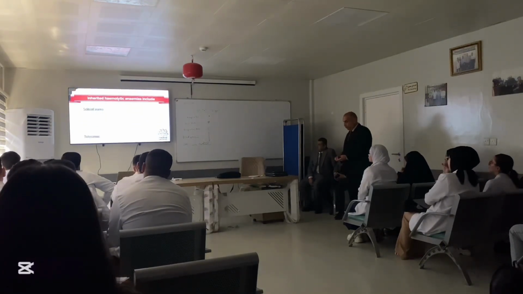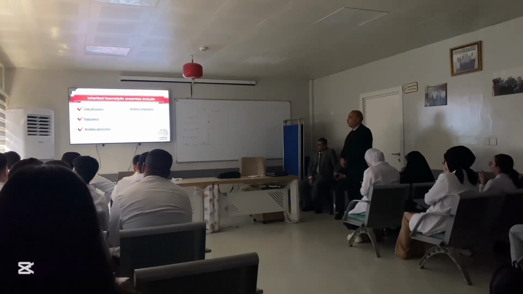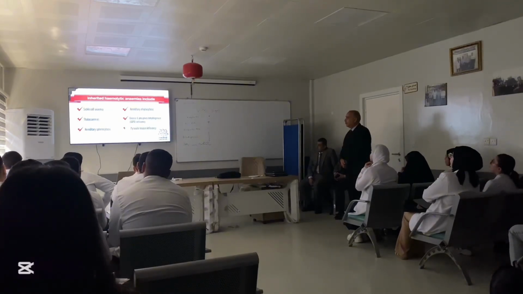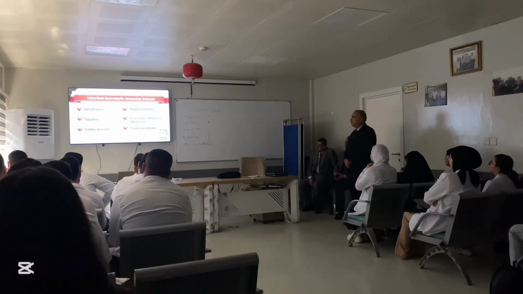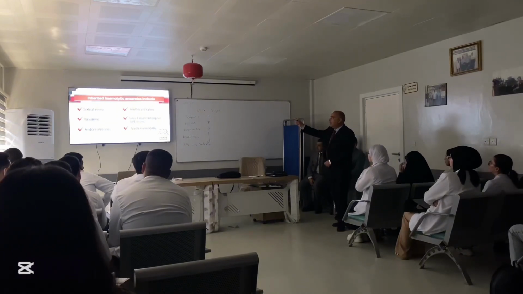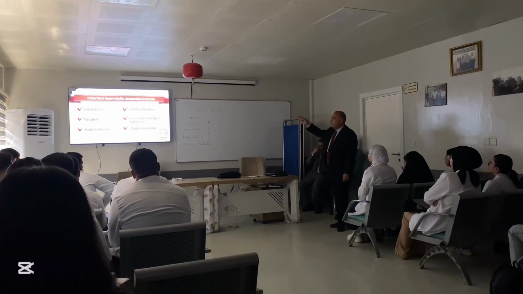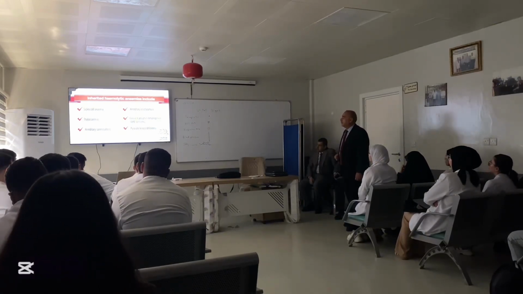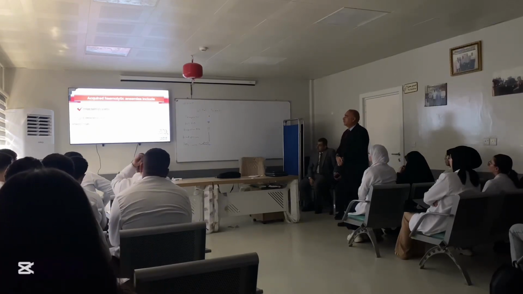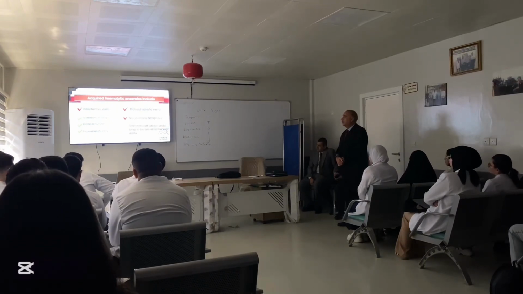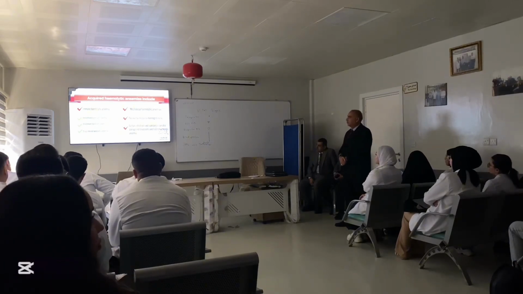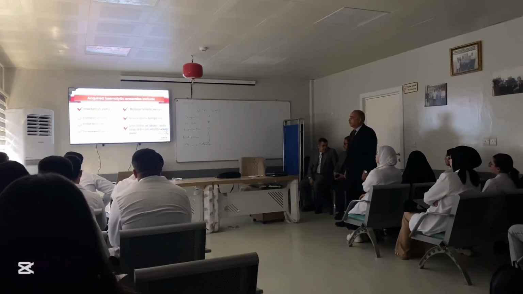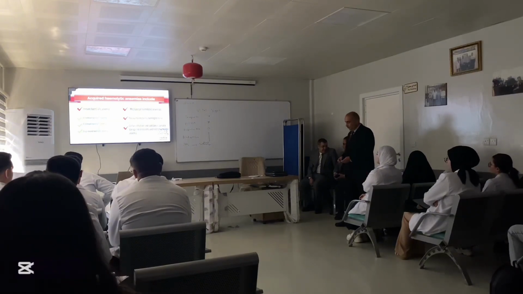Inherited hemolytic anemias include sickle cell anemia, thalassemias, hereditary spherocytosis, hereditary elliptocytosis, glucose-6-phosphate dehydrogenase deficiency, which is inherited and caused by an abnormality in the enzyme, and pyruvate kinase deficiency. Acquired hemolytic anemias include immune hemolytic anemia, autoimmune hemolytic anemia, alloimmune hemolytic anemia, drug-induced hemolytic anemia, mechanical hemolytic anemias, and paroxysmal nocturnal hemoglobinuria.